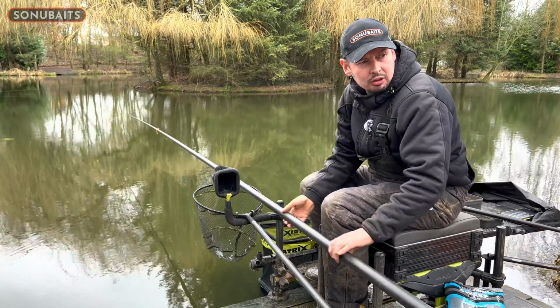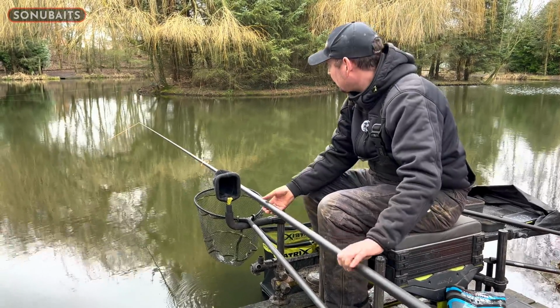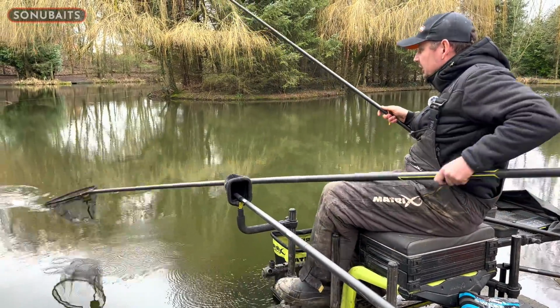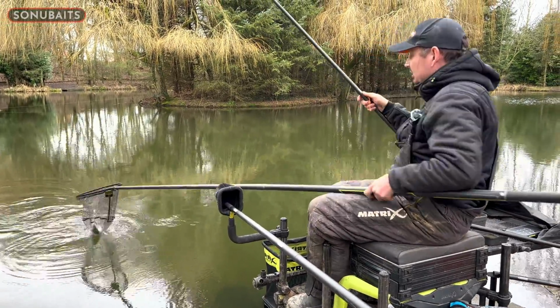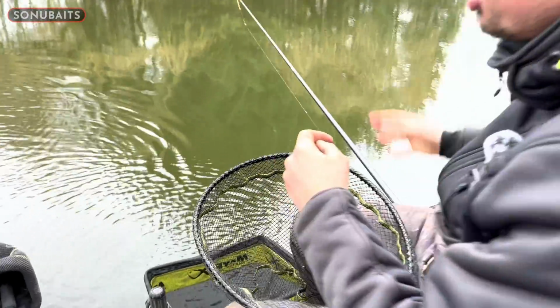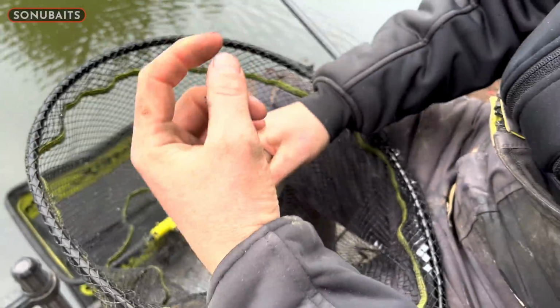Now I want to talk to you about how I've been mixing the groundbait up as well. I think this is really important. So when I first originally mixed, a nice skimmer this again. This is just like one of them. Now when I've been mixing my groundbait up to start, with the crushed expander when you're fishing that in